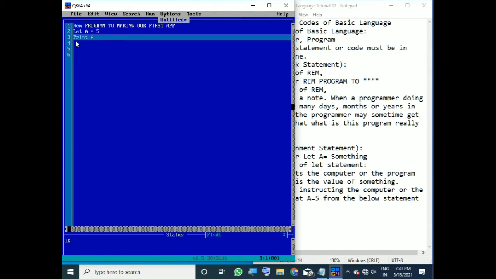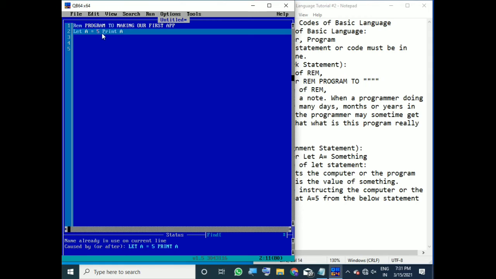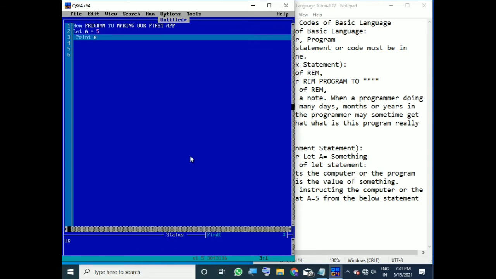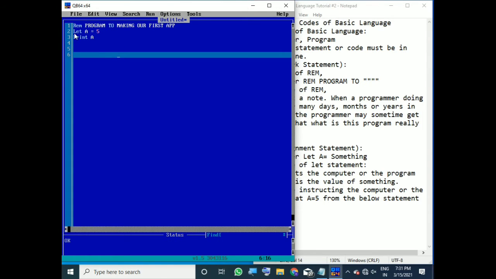Suppose I press backspace, so that in this line there is the let statement and the print statement together. See, a red line appears, so this thing is not possible. If I press enter to go to the next line, then this is possible, because in just one line we cannot load the program like this.